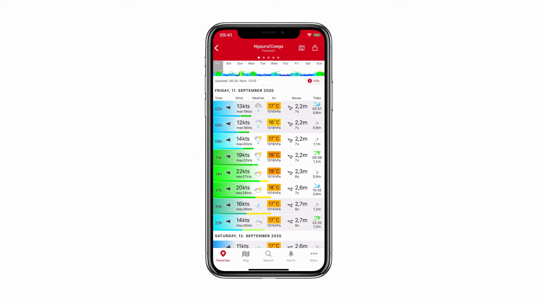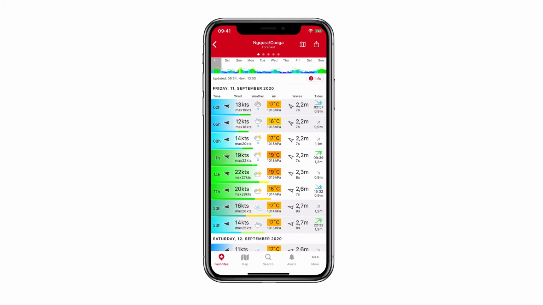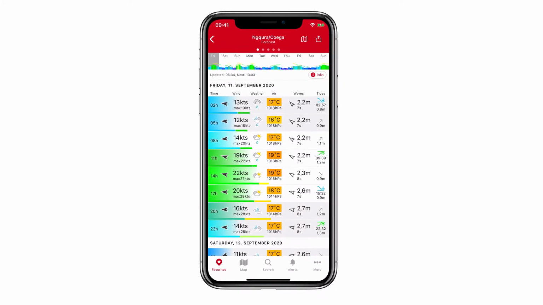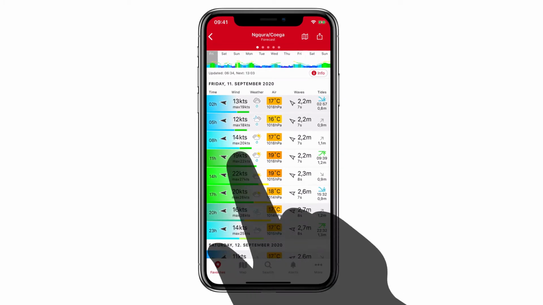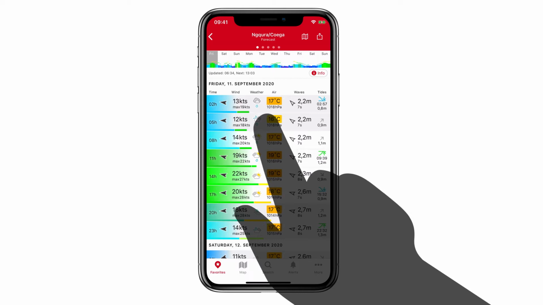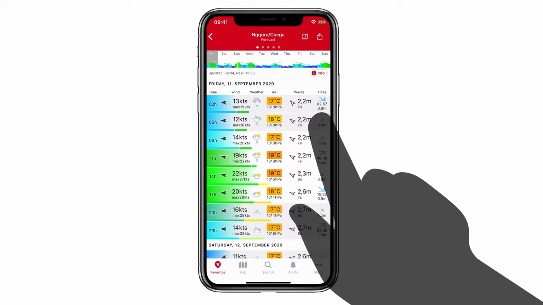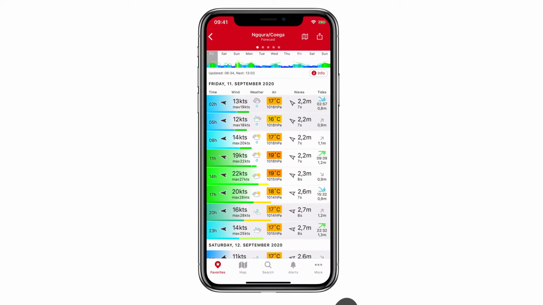This video will show you how to customize your unit settings. Once you've installed the Windfinder app, the forecast is given in a predefined set of units. If you want to change these units, for example, into beaufort, miles per hour, or Fahrenheit, you can do this